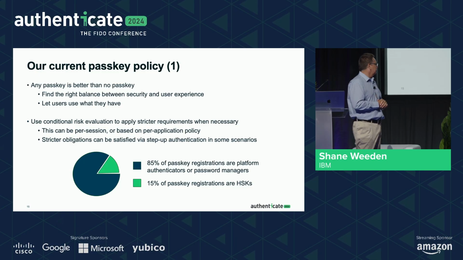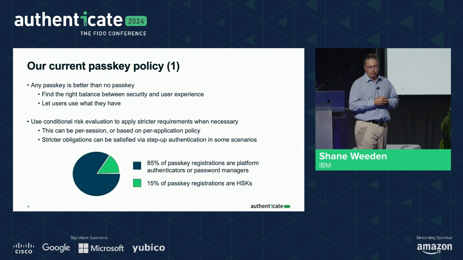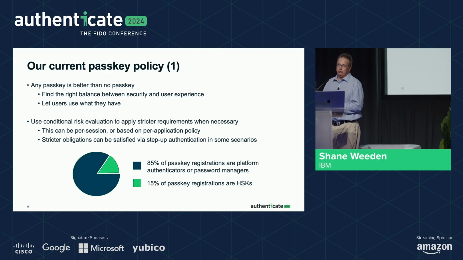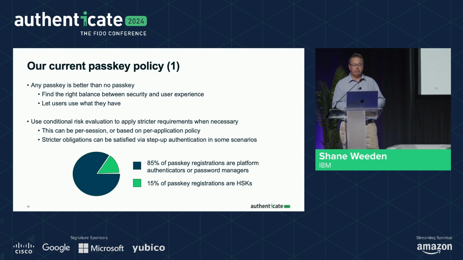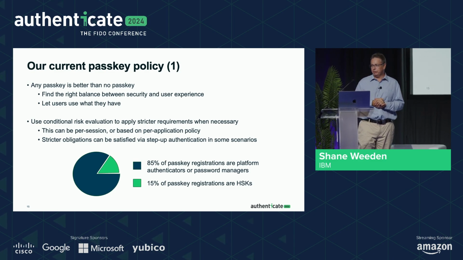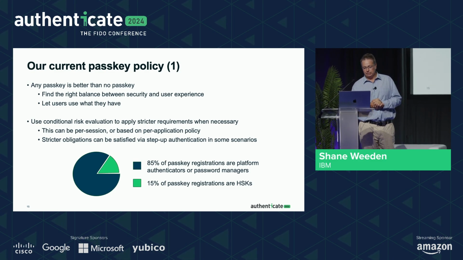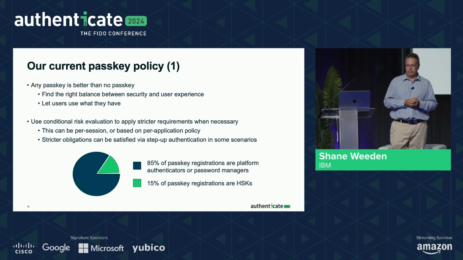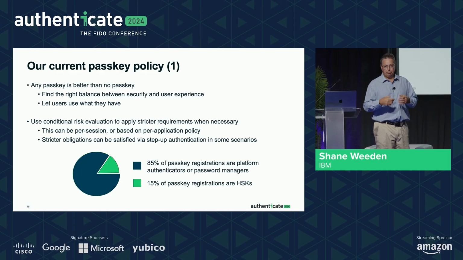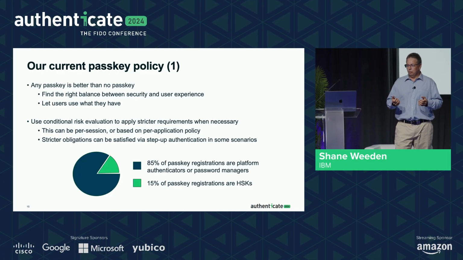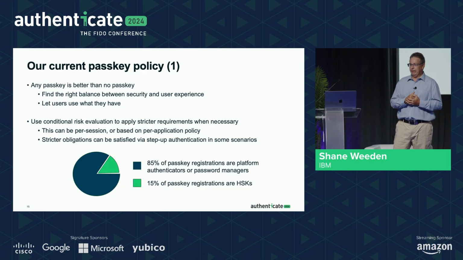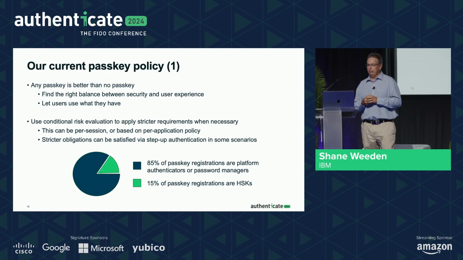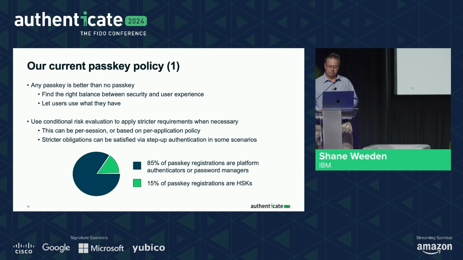What we learned was that once we unleashed this on a test group of people, 85% of all registrations on our platform, of which there's a little over 60,000, were platform authenticators. So without that mindset of allowing people in our organization to use the convenient platform authenticators they have, we would have missed a large part of that 85%. Not all of them, because there's a little bit of overlap. That's just a percentage of all registrations, but we would have missed a lot of them.